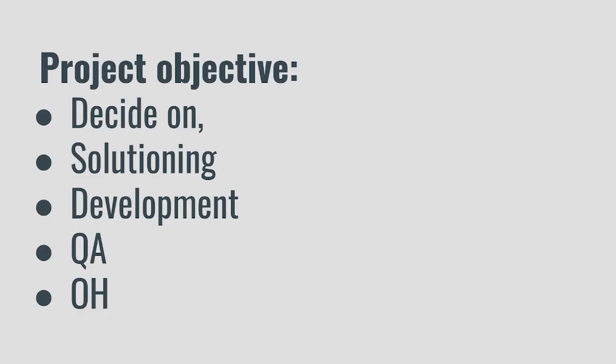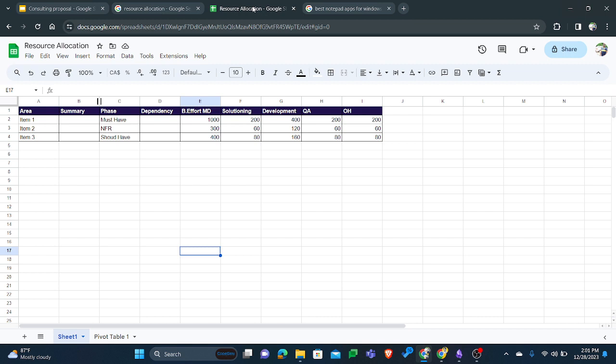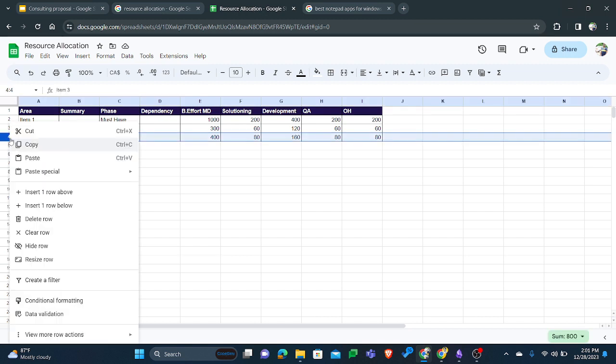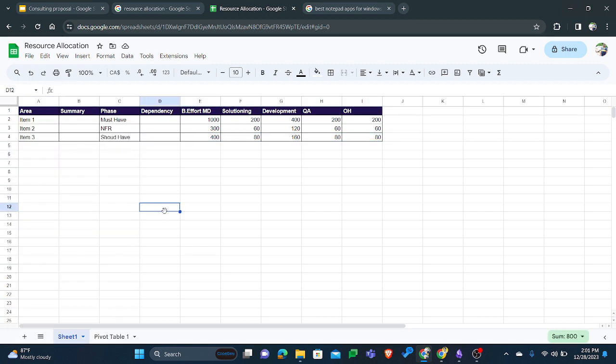And the objective of this session is to decide on solutioning, development, QA, and overhead man days with the resource count for the MVP with must have and in NFRs. So if I go to the Excel sheet, we'll just do a full resource allocation for must have, NFRs, and should haves. It means MVP plus should have